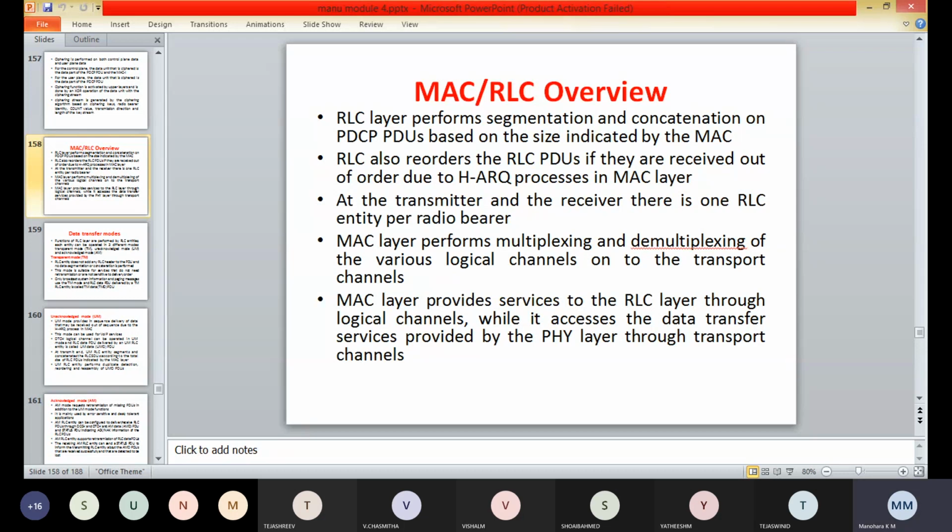So here at the transmitter, there is an RLC entity for the single radio bearer. The MAC layer is responsible for prioritizing the various user equipments, and for multiplexing.